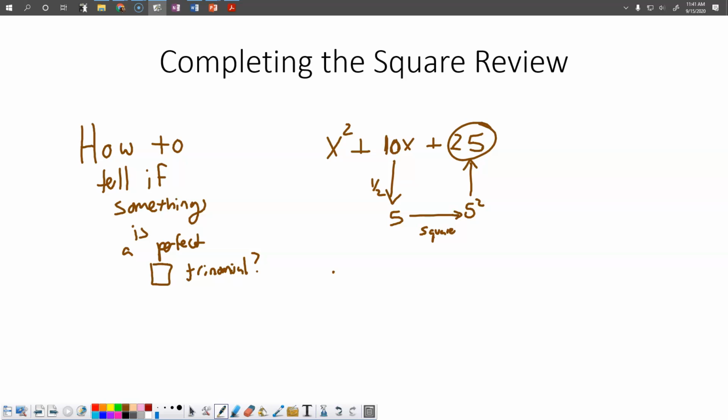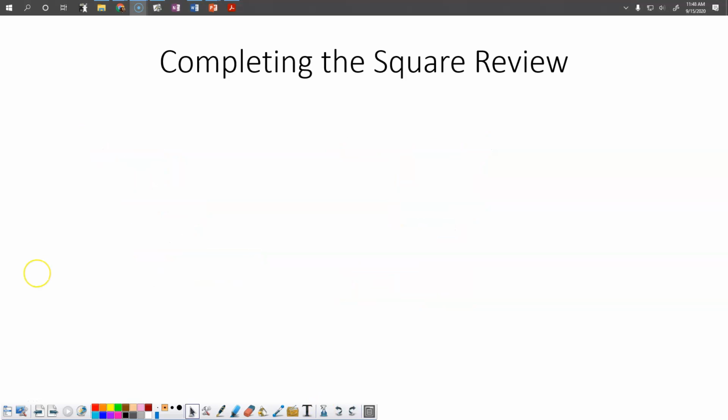Okay? So here's another one. Take this one, for instance. If you take half of 16, what do you get? You get negative 8. What if you square it? Negative 8 to the second power is 64. So it matches, so we're good to go. So if you could take half of the middle number and square it to get the last number, then it's a perfect square trinomial. So now this is where I would encourage you guys to start writing with me here,